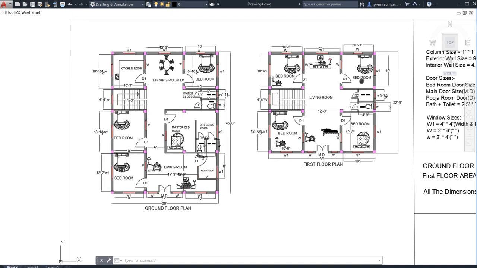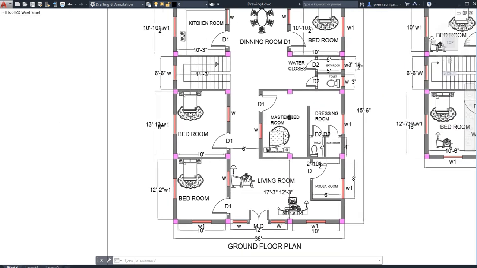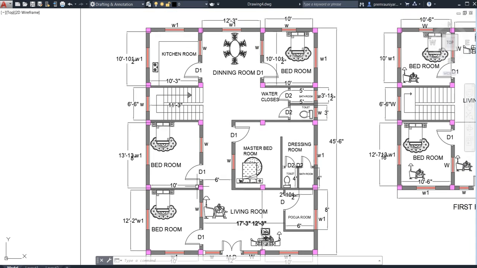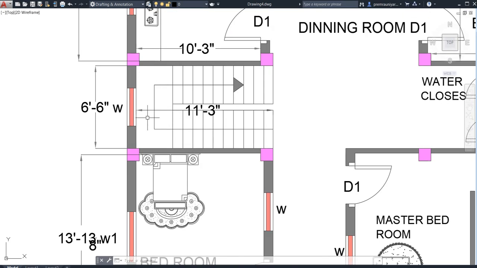So by seeing this, if you go to the stair, you can see this is our landing, right? This rectangular portion, as you can see with my cursor, is called a landing. This is the arrow mark.